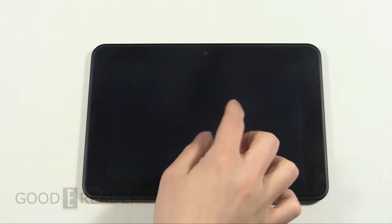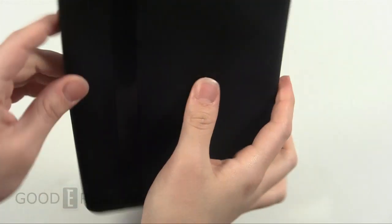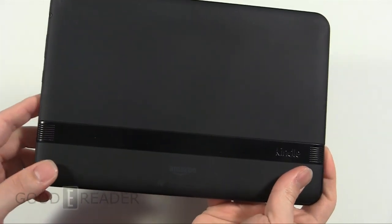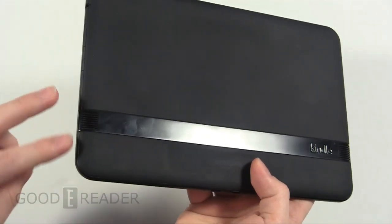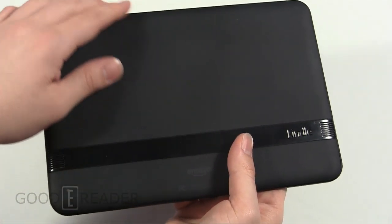Starting with the Amazon Kindle Fire HD 8.9, we have a 1920 by 1200 LCD capacitive touchscreen, 1.5 gigahertz dual core, 1 gig of RAM. It comes in various storage options, 16, 32, and 64 gigabyte for the LTE model, and it has about 11 hours of battery. A couple advantages of this particular device is that it is actually running 4 speakers, 2 in each side. It has Dolby digital sound built in, one of the only tablets to have that,